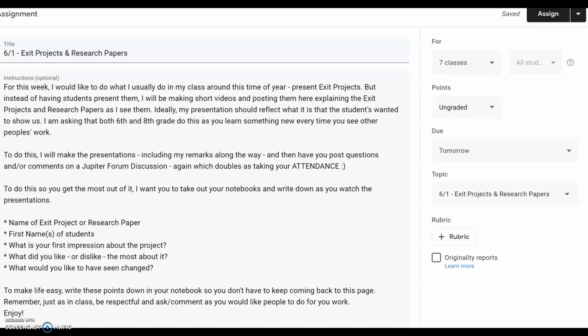Okay, starting this week, I'm going to be using this opportunity to go through some of your exit projects and your research papers. We usually do this around this time of year, having students get up in front of the room, give them about 3 minutes to present, and then students have the opportunity to question or comment regarding the project. But since we're not in school, I am going to present the projects,